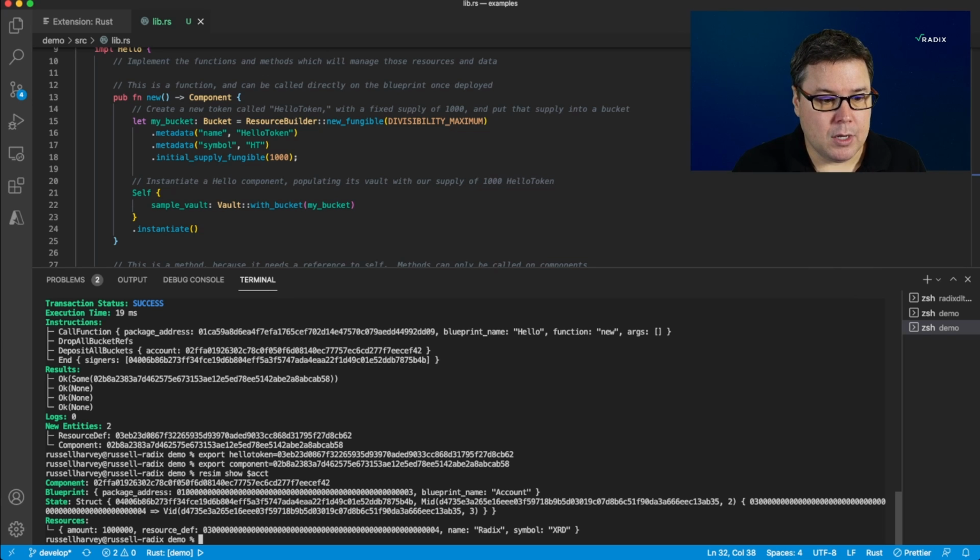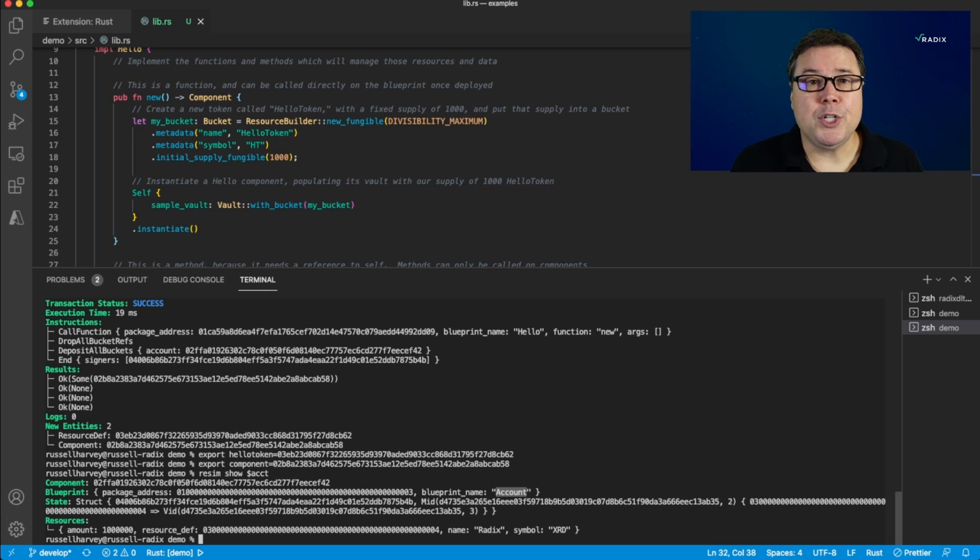And we can also note that the blueprint that my account was instantiated from was this blueprint named account. This is a baked-in blueprint with Scrypto where we provide an implementation of an account. In later phases, there's no reason why you wouldn't be able to use a custom account if you wanted to. The Radix Foundation will provide possibly multiple flavors of account, and it's up to the user whether they want to use one provided by the Radix Foundation or one provided by a third party or something they wrote themselves. The important point is that